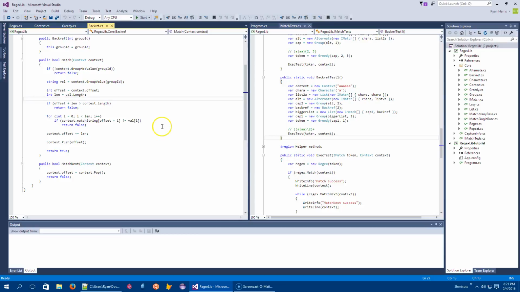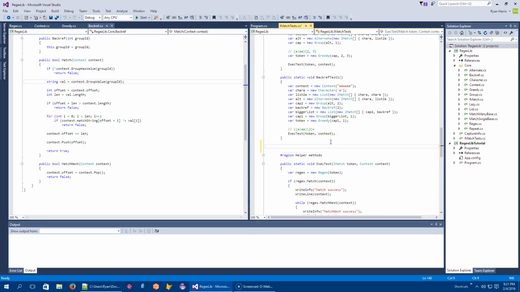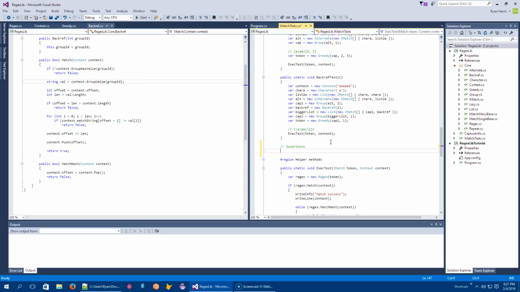Alright, so we just finished doing back references for now. So let's move on to another token. The next one I want to do is assertions, and these start to get interesting, and this is going to lead us back into why we have that weird key thing for capture groups. So recall, assertions are things like this.